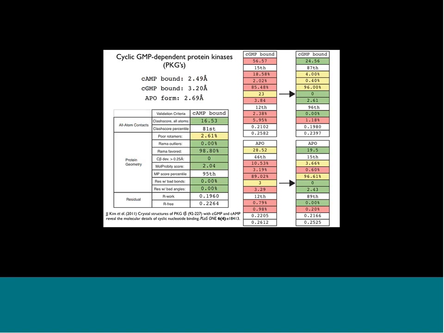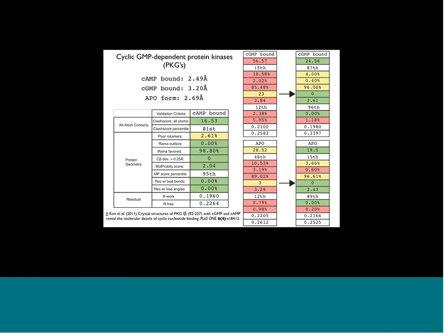And you can see it's a very good model. We see mostly green in the MolProbity statistics: a low clashscore, high Ramachandran favored, pretty low rotamer outliers, good bond geometry. So that's a good model. We can feel confident in that. And so using that as a reference, we go from the columns where you see a lot of red and